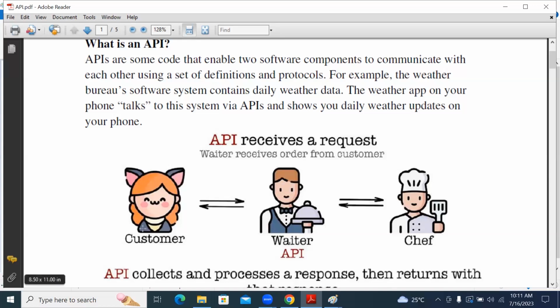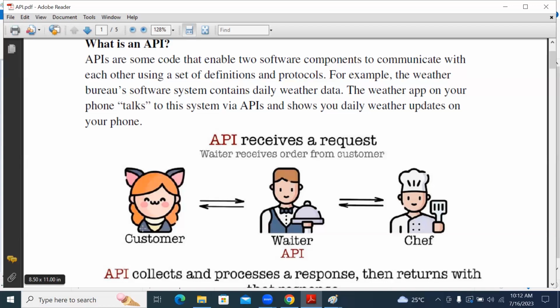Now, as a customer, you are sitting at the table. You're not moving to the kitchen. Sitting at the table, you get a waiter who asks what exactly your order is. The waiter is taking the order. That means you are sending one request.